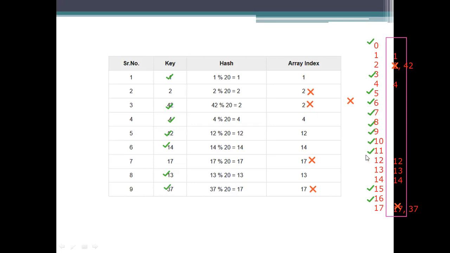11 has been wasted for the processing. It means we are using 18 as the array size. In this array size, we use only 9 element spaces. In those 9 element spaces also, we discarded the usage of some elements, that is, the keys 2 and 17, because they have been replaced by the key values 42 and 37.